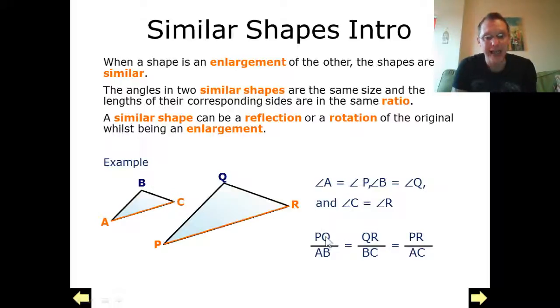Because if we were to take our longer sides, dividing them by our corresponding shorter sides, this will come out with the exact same number as we would do dividing this, which would create something